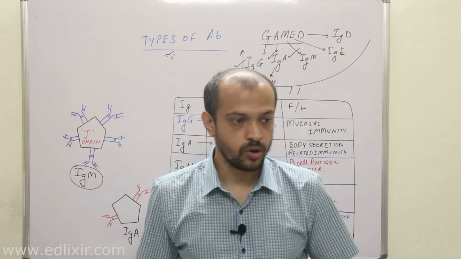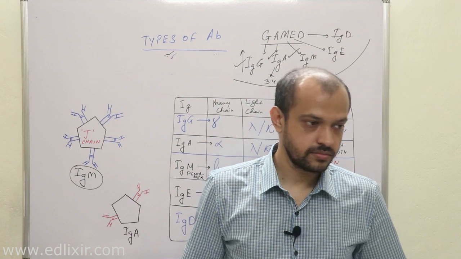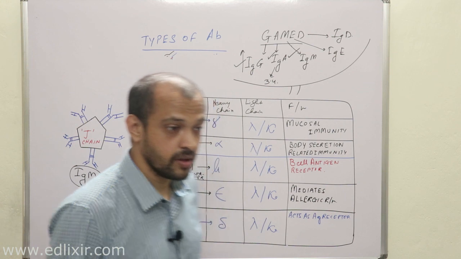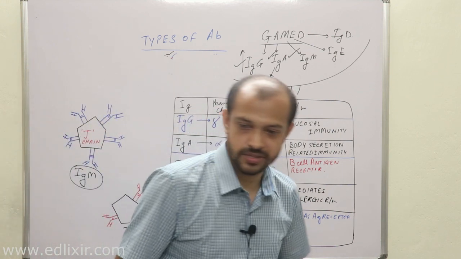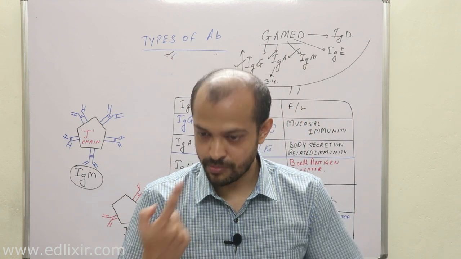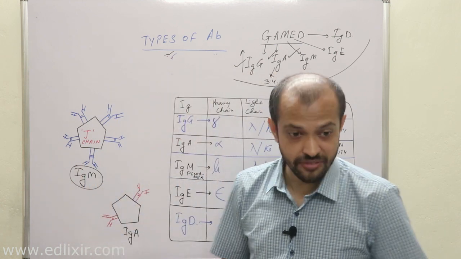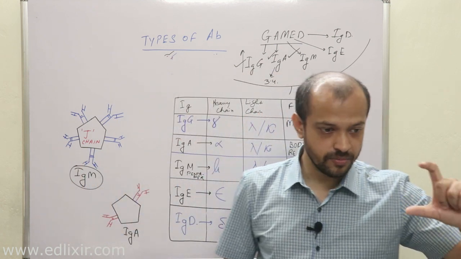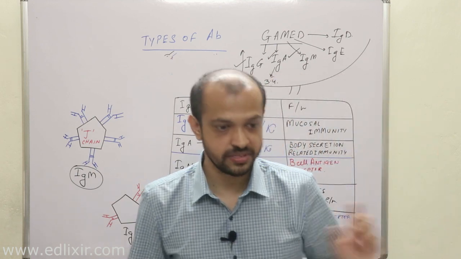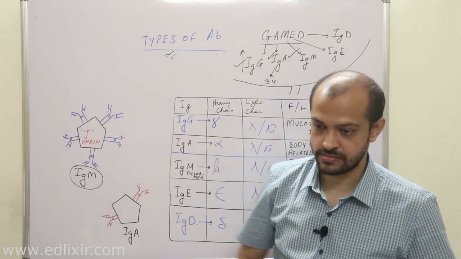Now listen with all your attention. Whose affinity will be more? You cannot say that. But whose avidity will be more? Now listen. The more the number of paratopes, in general, the more will be the avidity. That's it. But the affinity, the single epitope binding interaction, you cannot study before you know the real structure. But you can actually guess that IgM will have higher avidity.